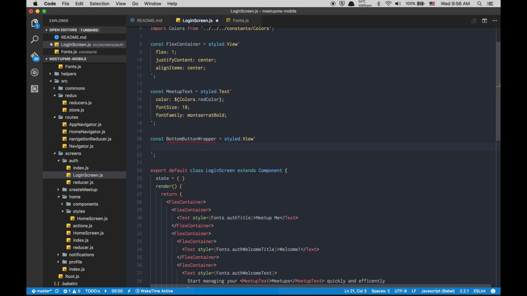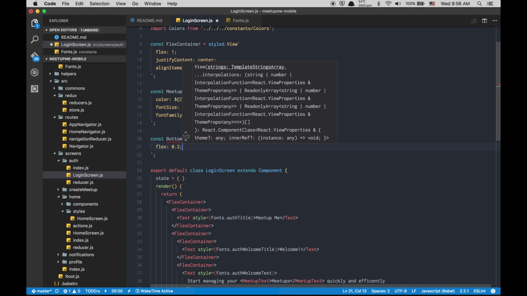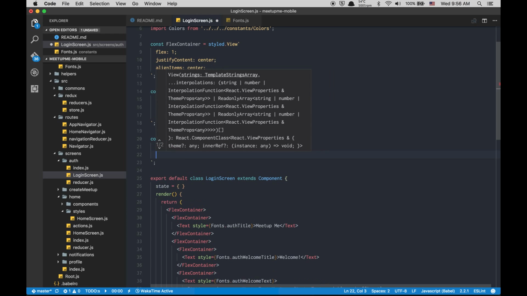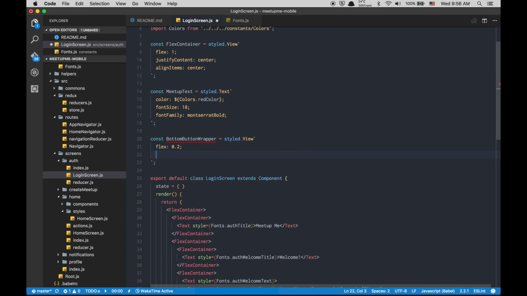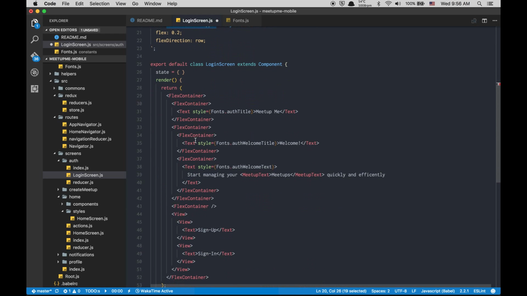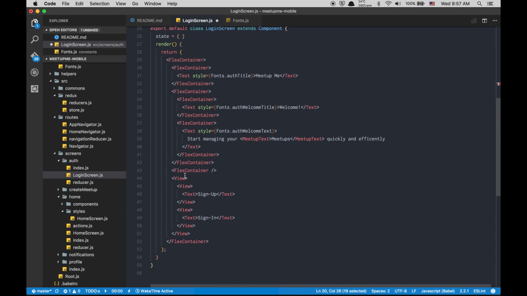We can just jump on it. I'm gonna use flex of 0.2, and I'm gonna make flex direction row, because I want it to go from left to right and not from top to bottom. So now here, if I jump here, this is gonna replace the